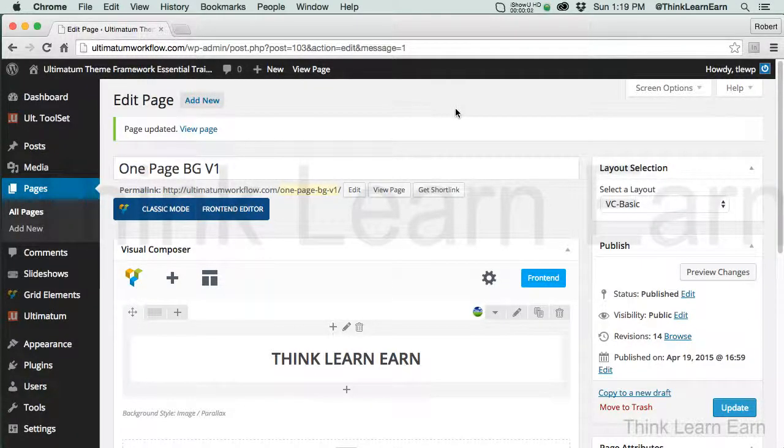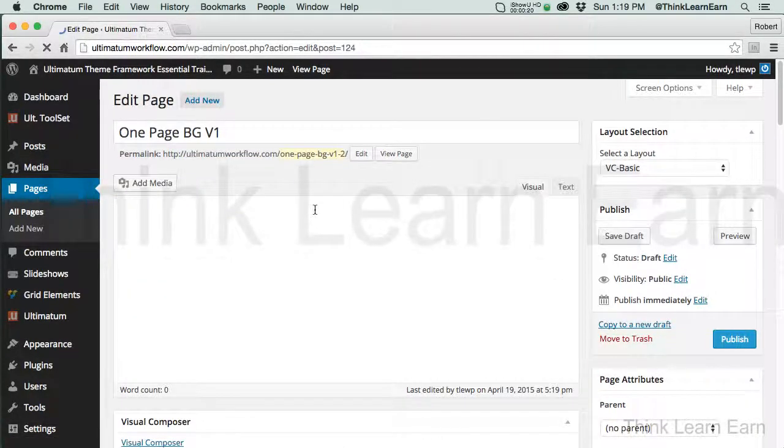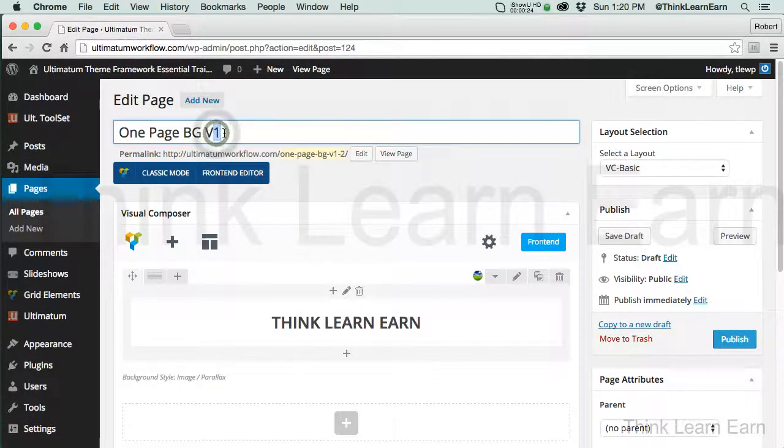Now we're about to just skim the surface on doing parallax design. I'm going to share with you some of my techniques. We'll go into full-blown parallax development in subsequent videos, but I just want you to walk before you can run. Now again, since we have that copy as draft, I'm going to pick copy as draft. It's going to make a new page, and we'll just call this version 2